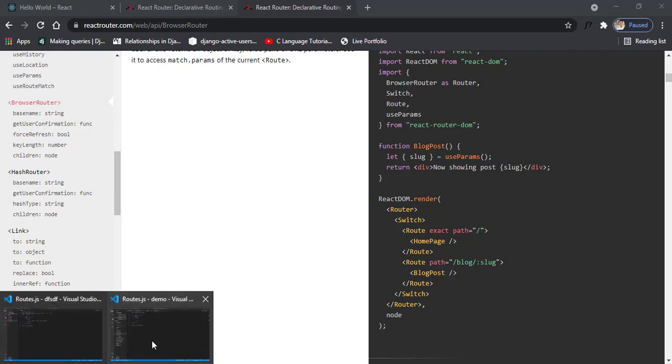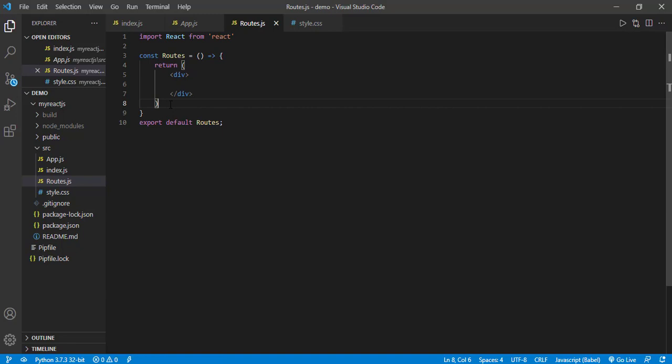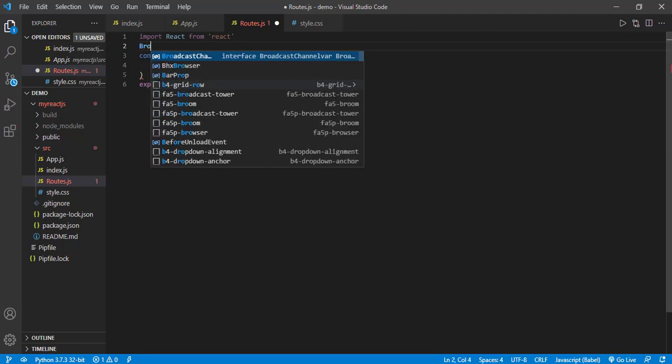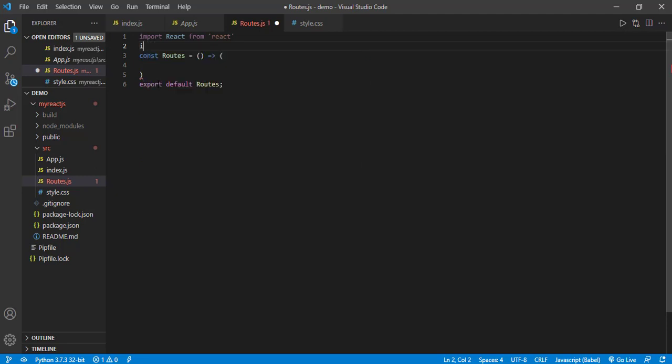So let's move to our code file. So remove this one, change this with a parenthesis. Now the import, firstly we import a browser router.